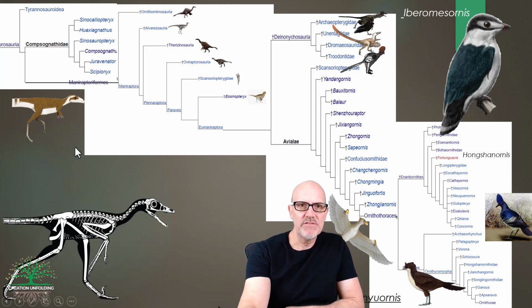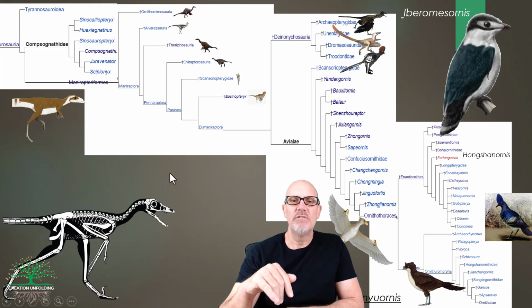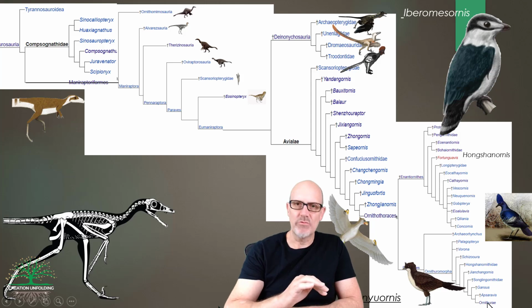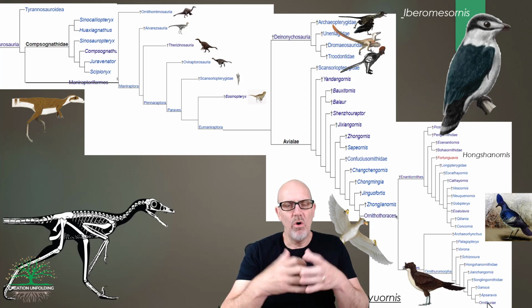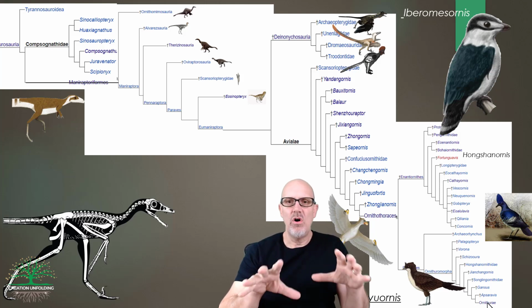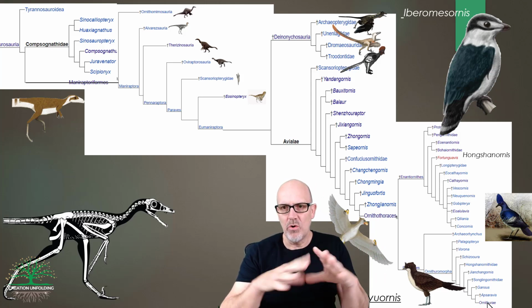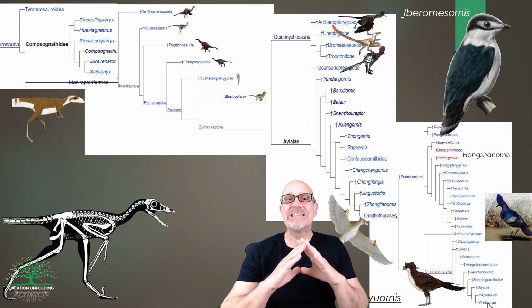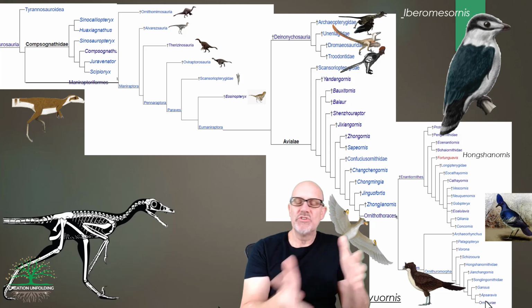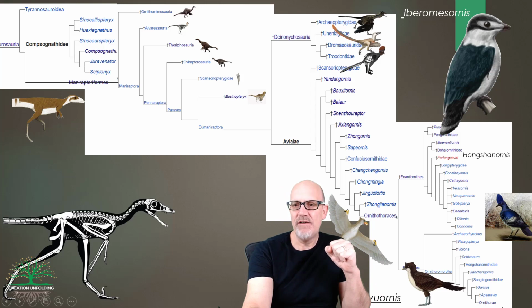So if you have a look at this, it's a massive cladogram. I've actually pieced it together from a whole bunch of small Wikipedia cladograms. And we end up over here at the bottom, this group called Ornithurae. Ornithurae contains what we think of when we talk about modern birds. All of the other taxa on this huge cladogram are now extinct. They don't exist anymore. All of the living so-called descendants of the theropods are found in this group, Ornithurae. And that's where we're going.